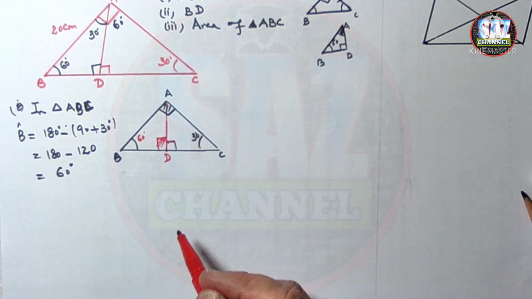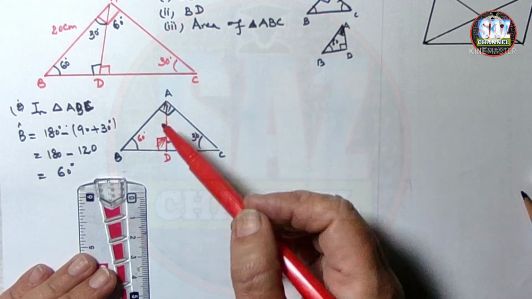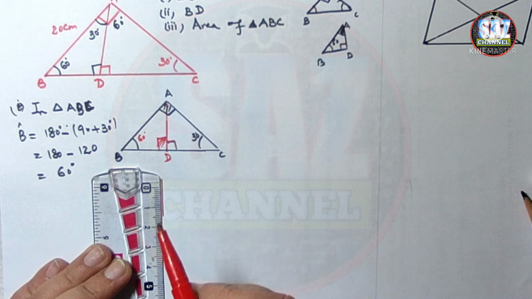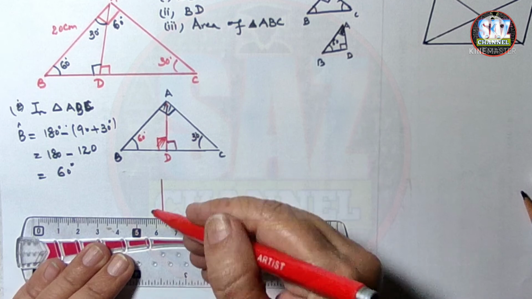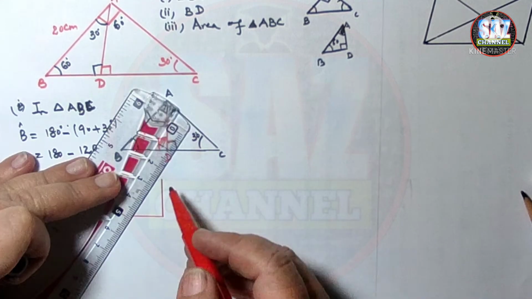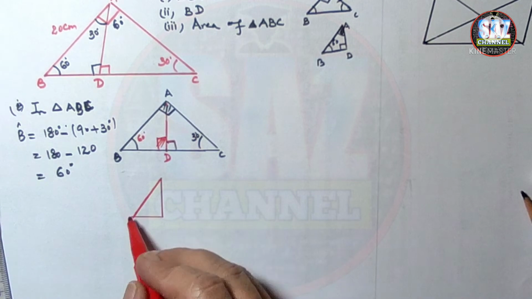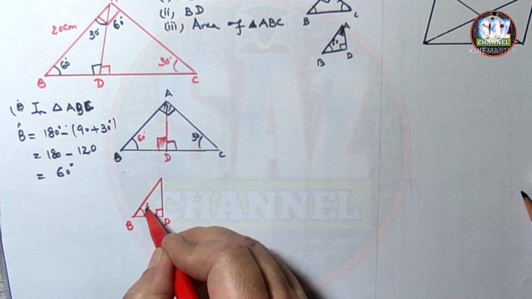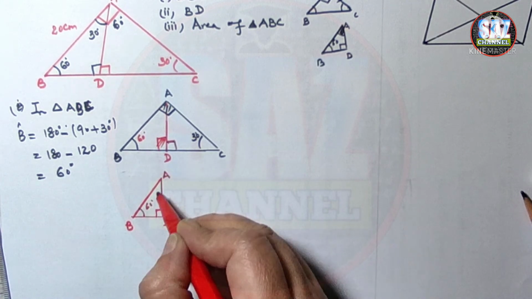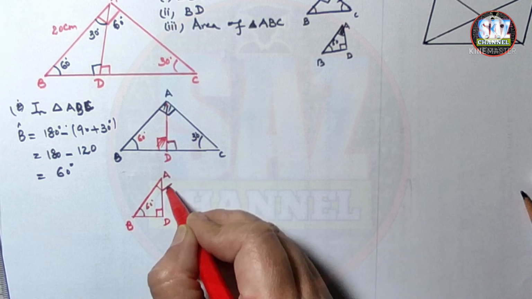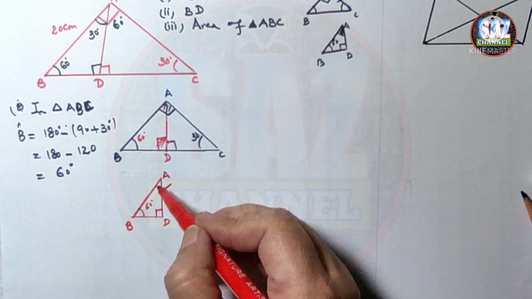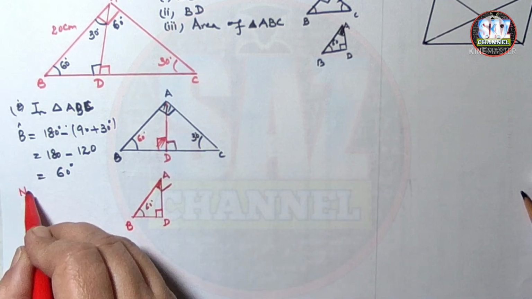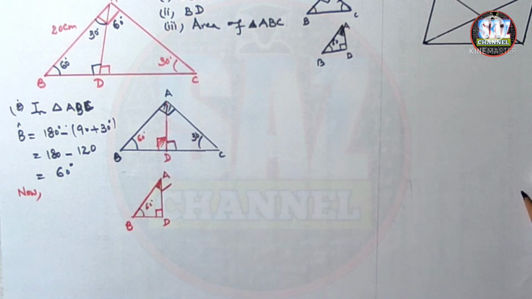Now what we have to do is, I can take the triangle ABD or BAD, the small triangle BAD. This is B, this is D, this is 60 degrees, and this is angle A. That is actually complete angle A is 90 degrees, but we just want to know the value of this portion of angle A. Now which triangle are we taking? We are taking BAD triangle.